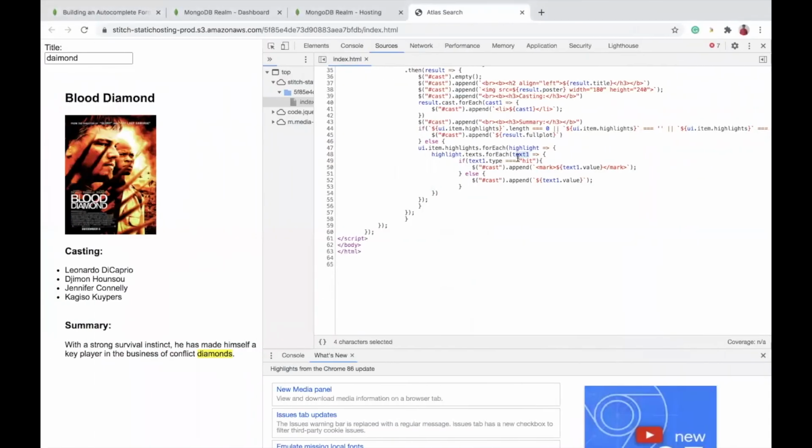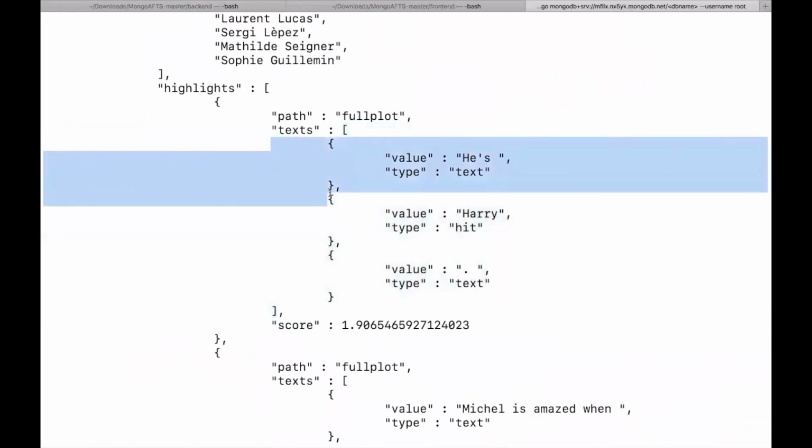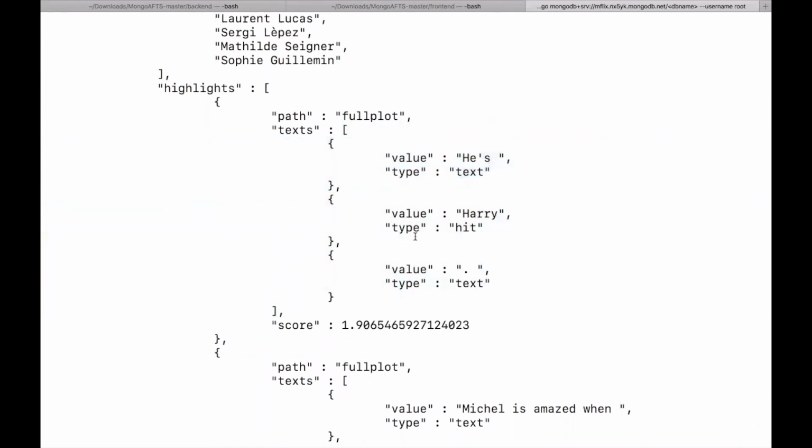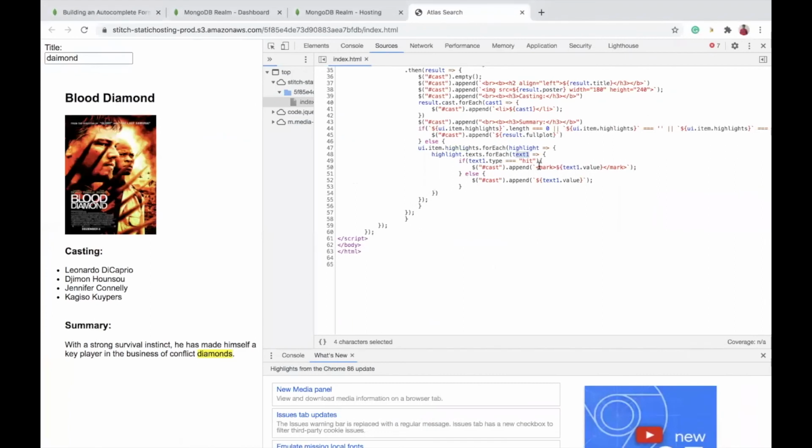I'm again looping that inside the loop, and an individual document is taken as text one. So text one dot type, this document type is set. If it is a hit, then I'm using a mark tag in the HTML to make that highlighting.